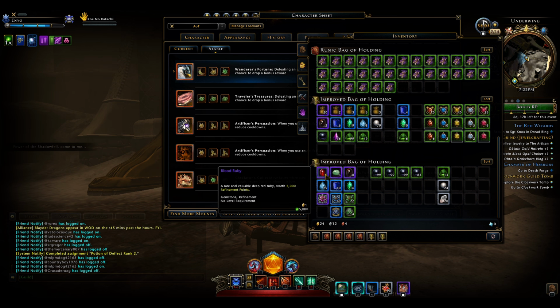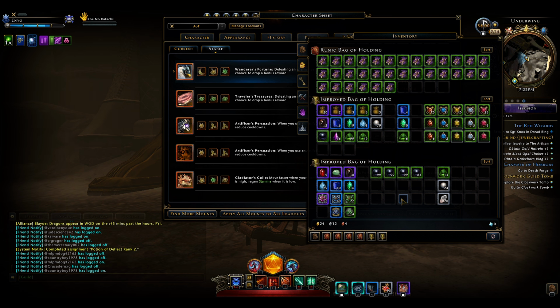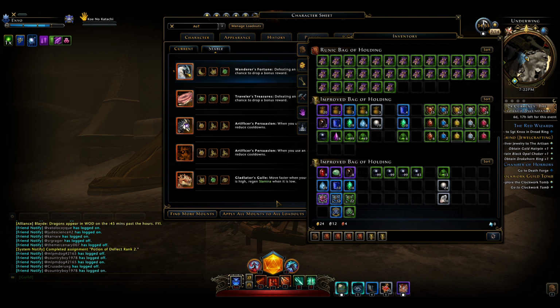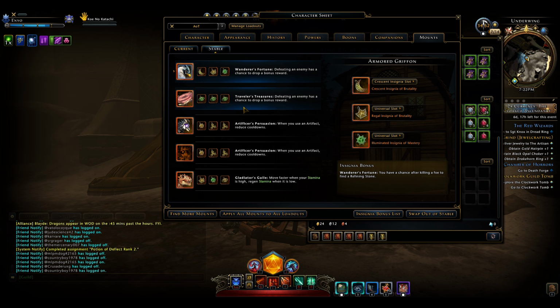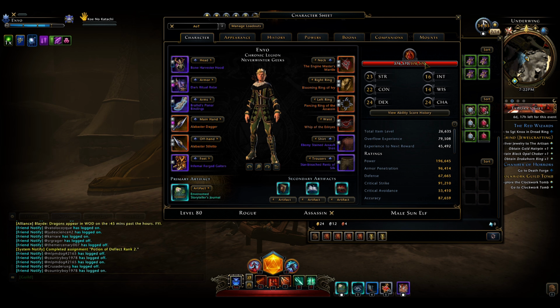And these ones are all unbound, so I'm not really sure what's dropping these. It could be anything at this point. The enchanting stones did come from the Dreadring layer, which again, we're going to get to in a minute. But yeah, Wanderer's Fortune is good. Traveler's Treasures, it's for AD, but it's not bad to run, so something to consider. So with that said,